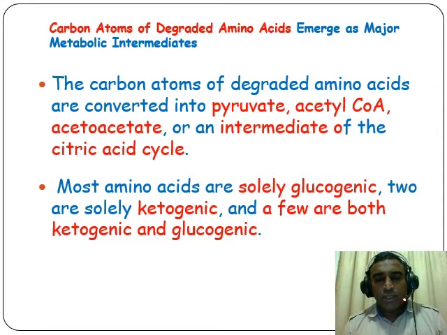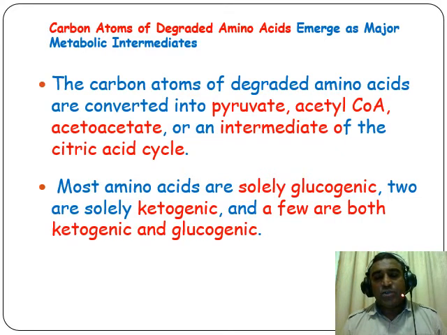So once the amino group is removed, the amino acid is left with the carbon skeleton, which could be either pyruvate, acetyl coenzyme A, acetoacetate, as well as certain intermediates of the citric acid cycle. Which one of these will be formed is all dependent on which of the 20 amino acids loses the amino group. Therefore, the 20 amino acids can actually be